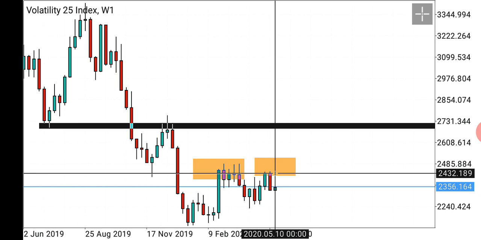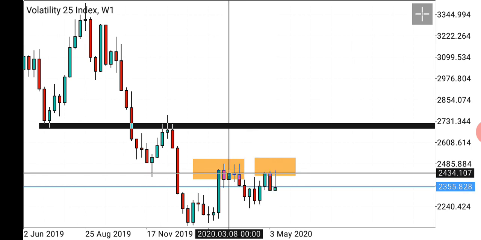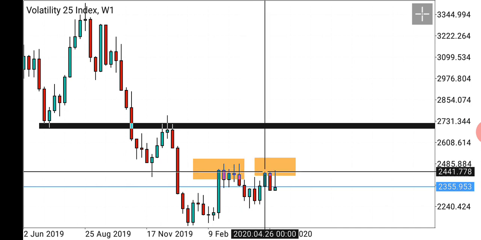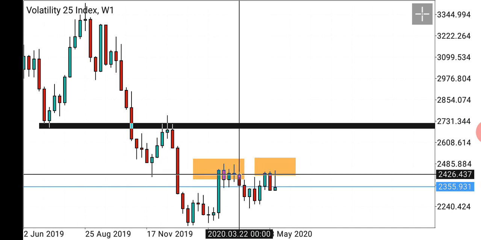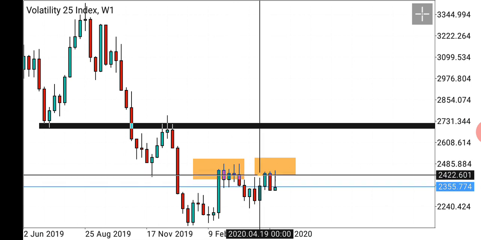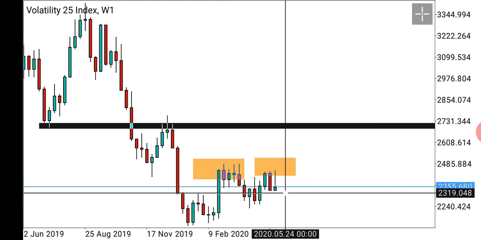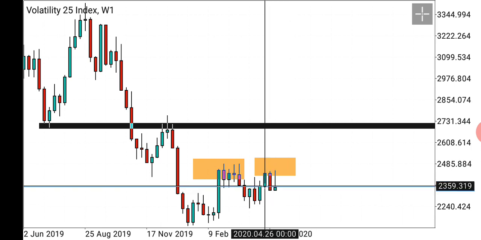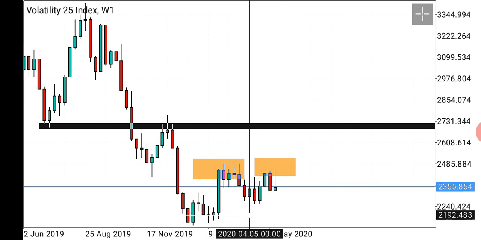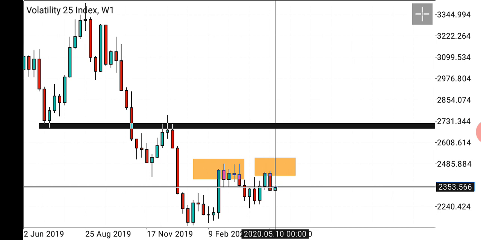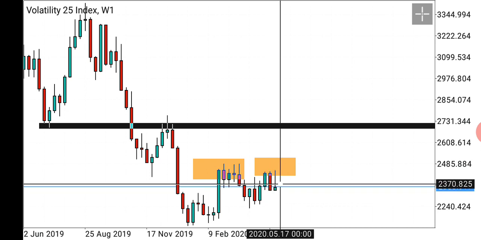We're going to go on that, but first of all, as you can see here, this is a slim M pattern about to be created. So if you are going to take this trade, you should wait for this candle to close. If you wait for the candle to close, then you enter your sell trade from here. Advising you, if you do not have a good capital, don't go into this trade.